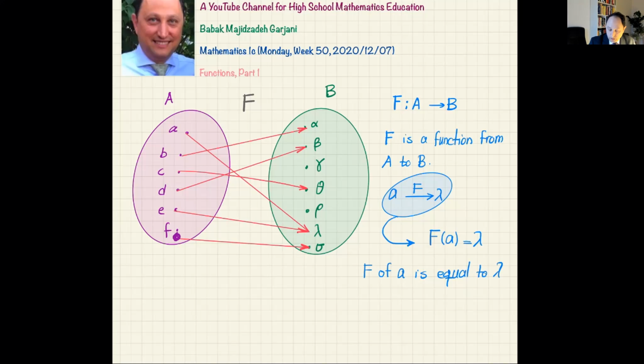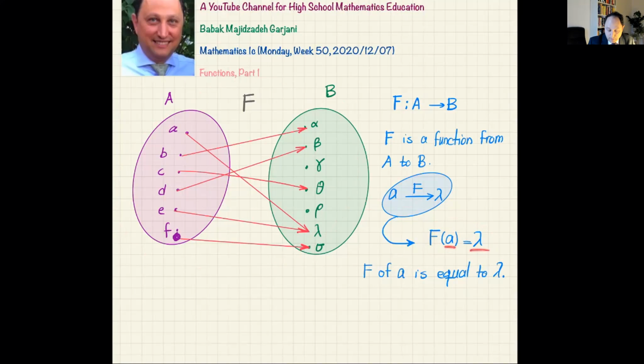This is how we read this symbol. So this symbol means exactly the same as this one. This is also given sometimes in your book, but this is the most common one. And then we use equality. We say f of A is lambda. So this means that the function f, this diagram,